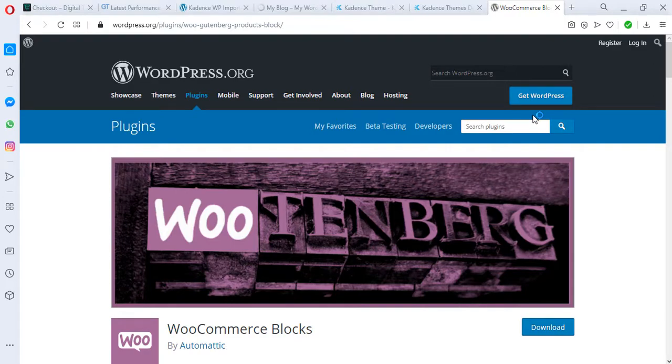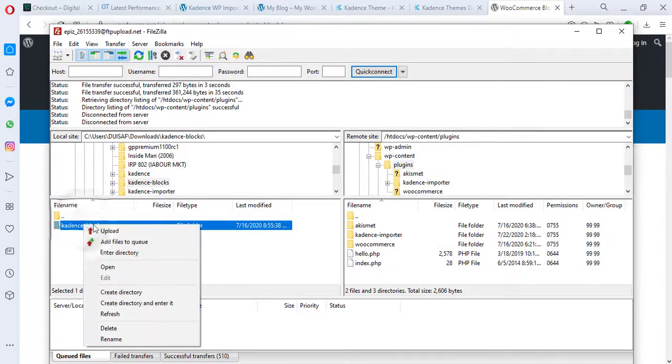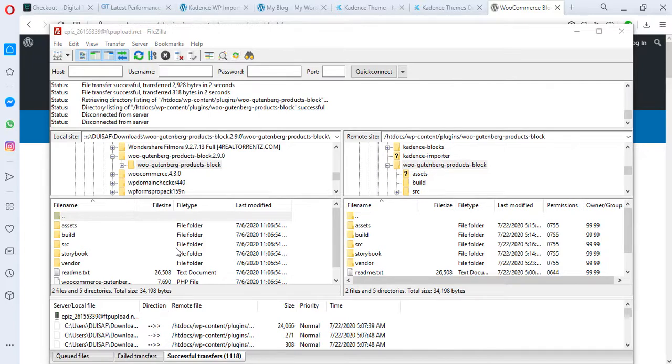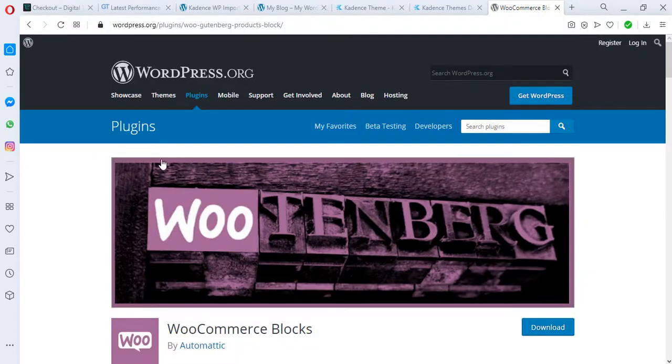Okay, now that we have both plugins downloaded, I'll unzip them and upload them in FileZilla to our server one more time. Alright, so I would upload this. I would upload this one as well. So right now we give it some minutes again. We allow this upload to get done. Okay, so after some minutes we have our files uploaded successfully,